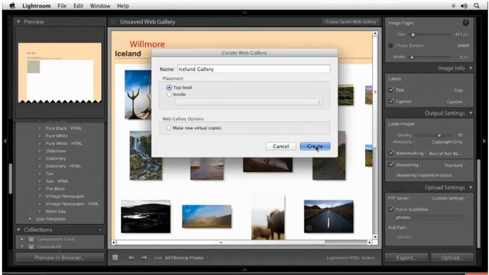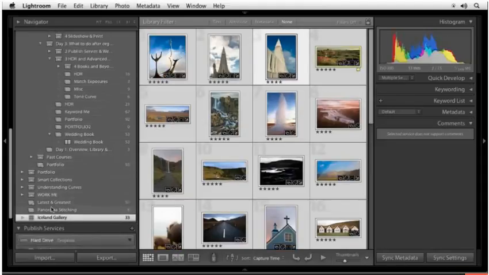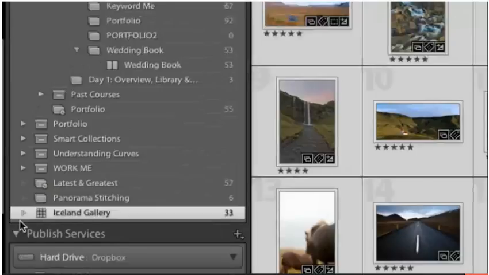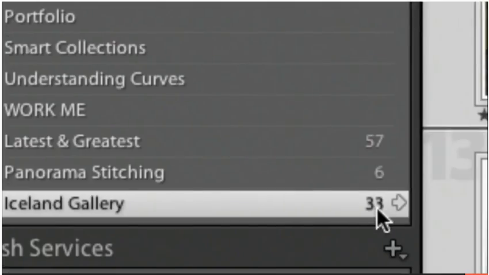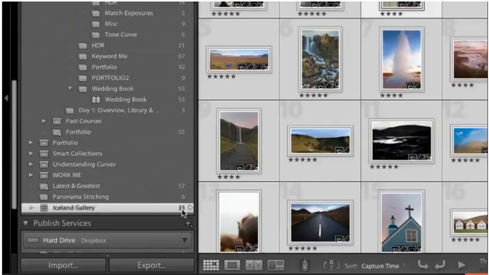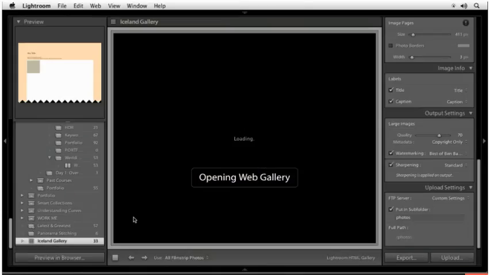So I'm going to hit Create, and now if I look over in my library and I look over where the collections would be, there is a collection. It looks like a little grid here, and that represents a web gallery. It tells me how many images are used within it, and if I ever want to get back to that web gallery to make changes to it, there's just an arrow pointing towards the right, which would send me back into the